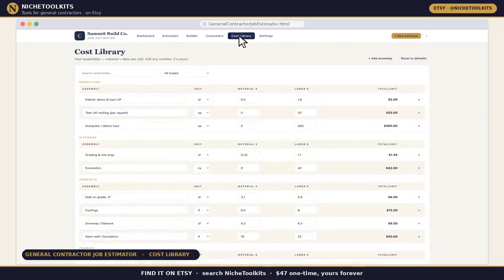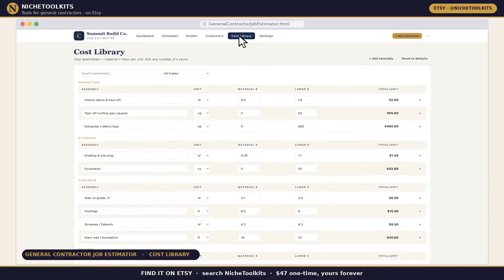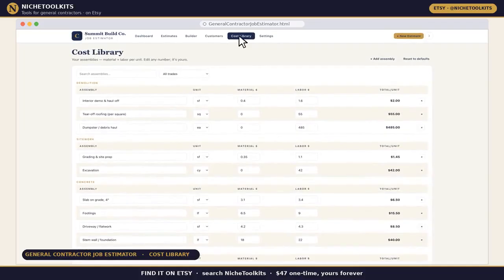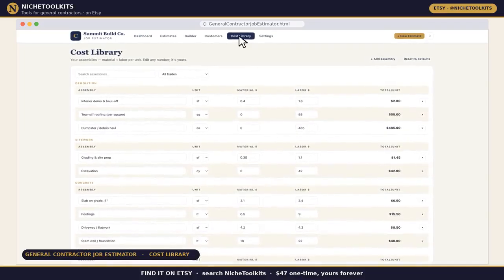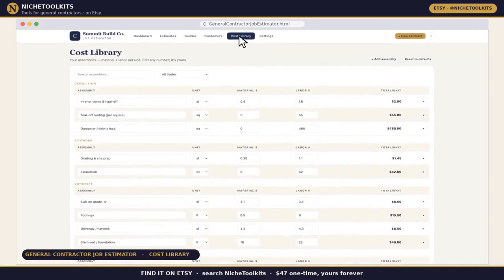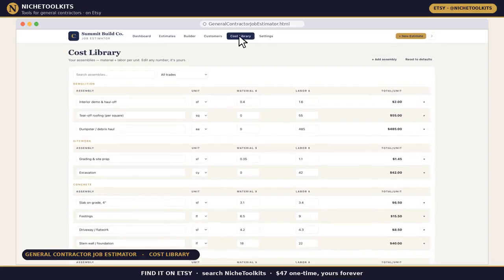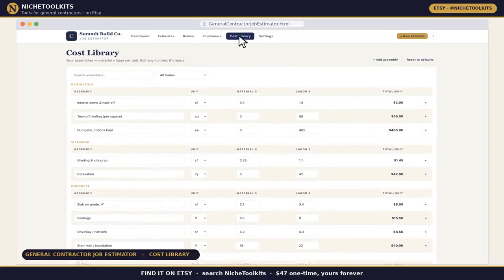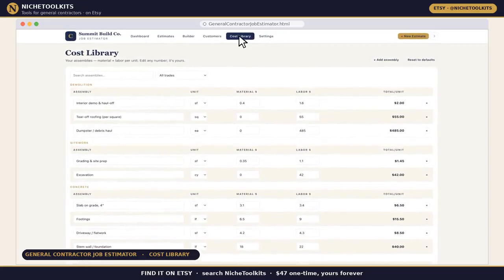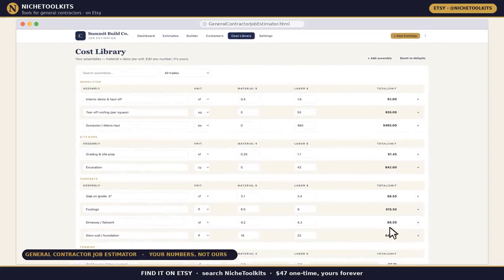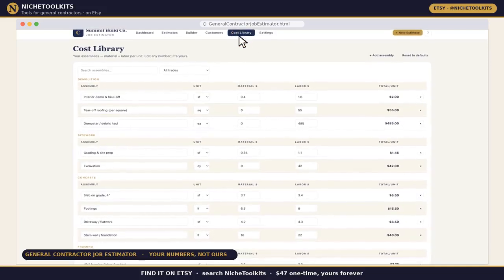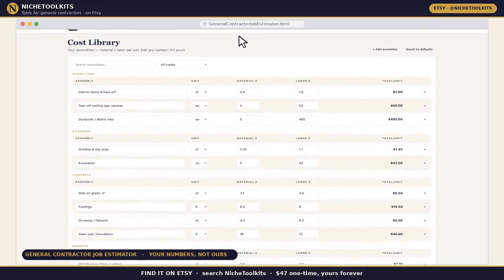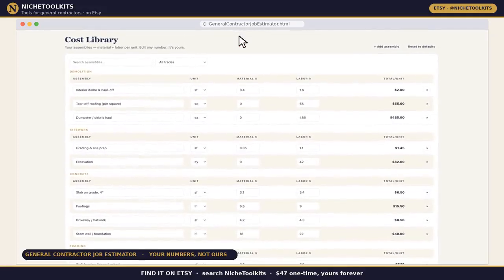Underneath it all is a cost library with 52 ready-made assemblies across 16 trades. Demolition, site work, concrete, framing, roofing, electrical, and on down the list. Each assembly carries a material and labor cost per unit, so you can drop a slab on grade or a dumpster pull into any estimate in seconds. And every number in it is editable. Tune the library once to match your market and your subs, and every future estimate starts from your real costs,